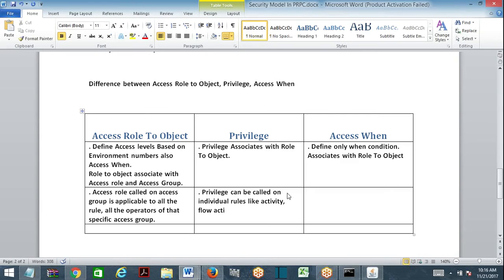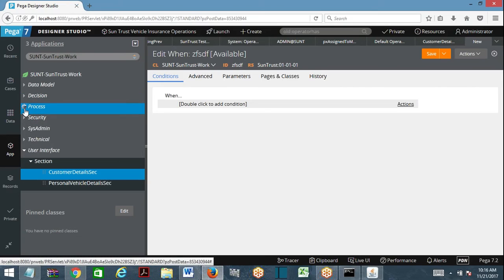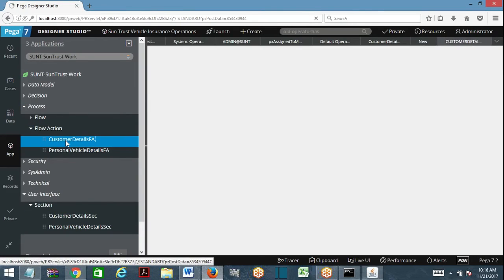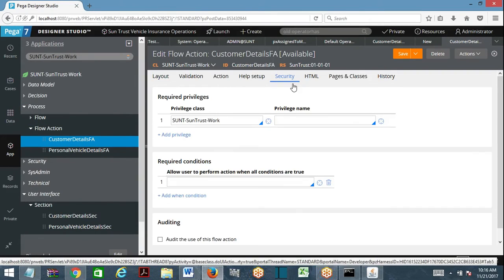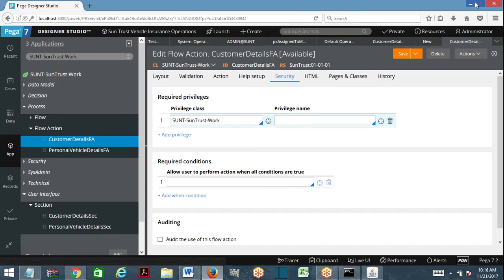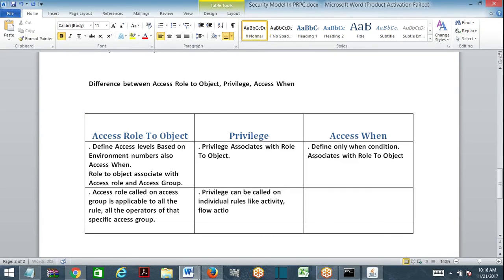You open a flow action and look here, you have the privilege field.